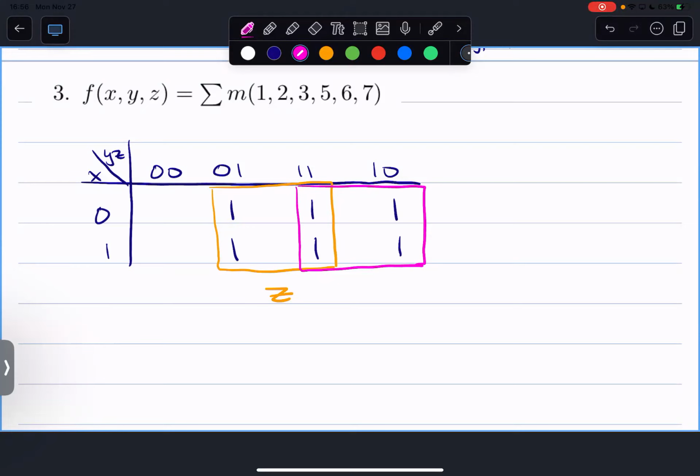So even though I've already used this group here, I want to overlap it because it makes for a simpler simplification. Right? Whereas if I only use this column, right, that would be summarized by Y on, Z off. Whereas here, if I use the entire square, I could summarize it as Y on,